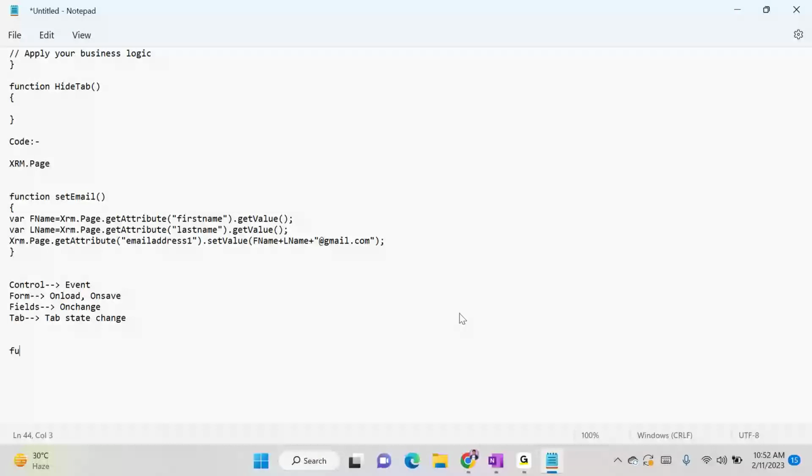The first thing is we need to write a function. Function name, hide related section. This is my function name. Now,